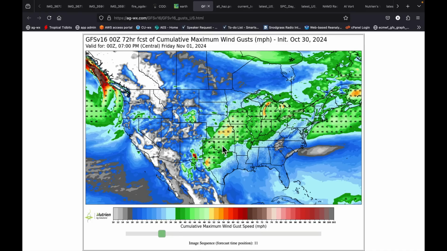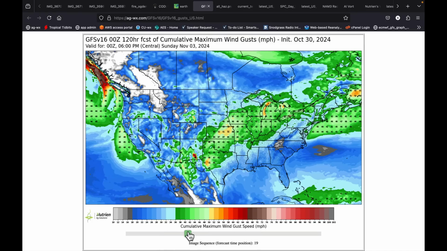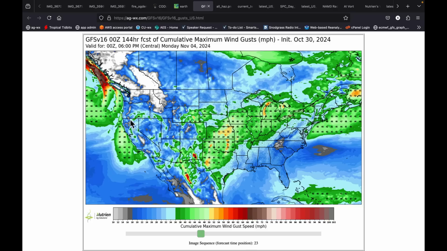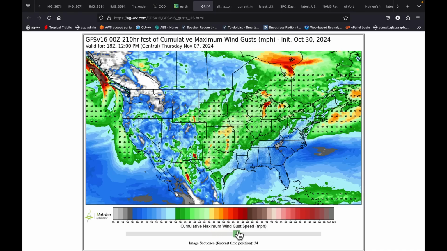These are wind gusts. And then you're going to see the second system that comes into the Intermountain West. Again, the Mountain Valley wind system here is going to be absolutely cranked up. And that one's going to come through, again, the 3rd, 4th, 5th. And if we just let this go out 10 days, about the only place that is going to be staying away from the stronger winds is going to be the southeast and here across parts of the Canadian prairie, maybe a little bit into the northwest as well.